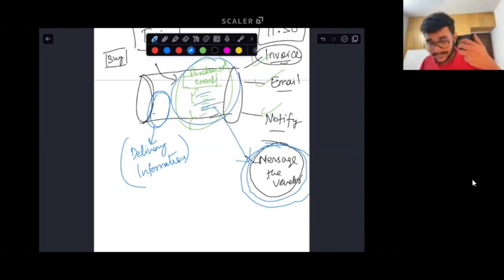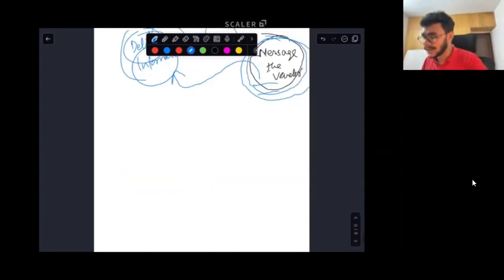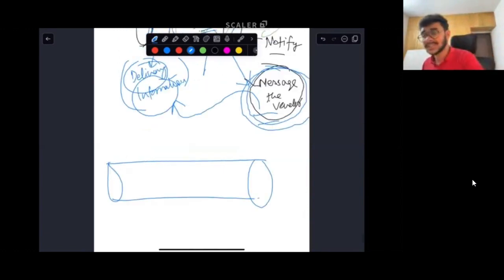So let's say it needs access to a different event, because whatever information the message vendor requires, let us say those are not present in this purchase event. So let's say it is deriving this information from the delivery information event. Now, can you understand that if you were to push both these kinds of data structures inside the same queue,